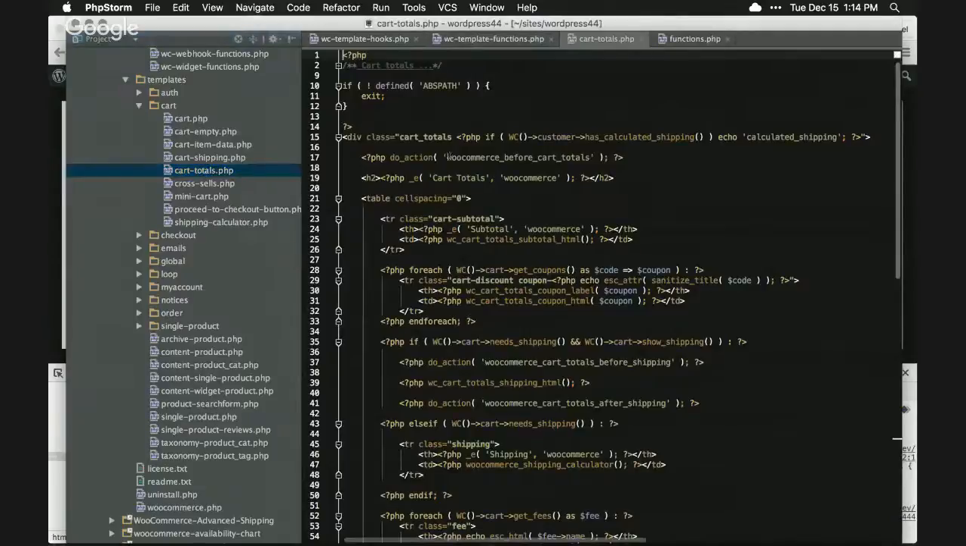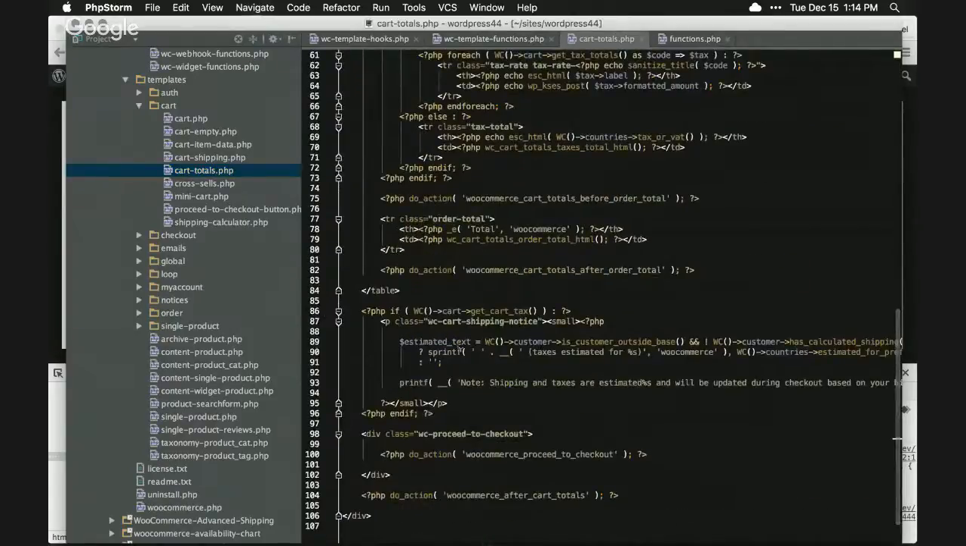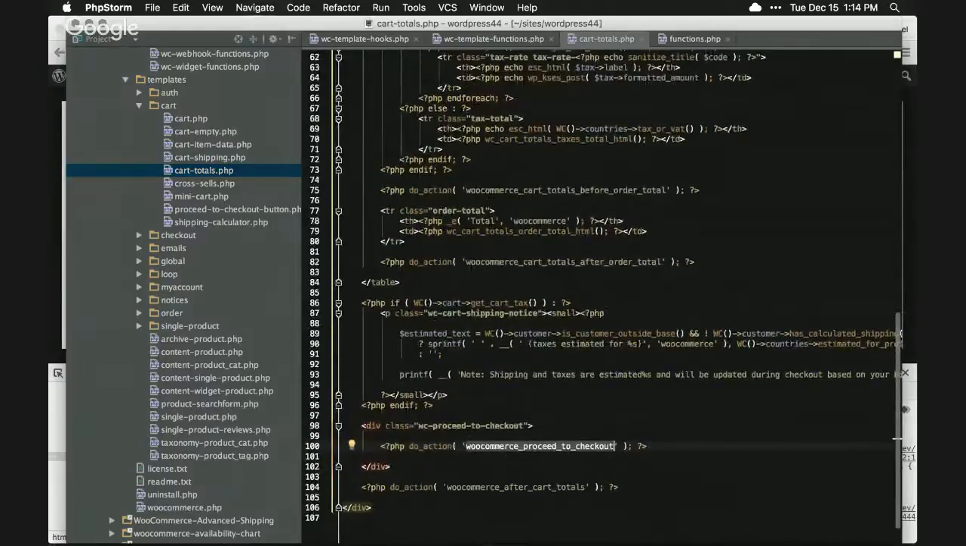totals. And here we see the same div for cart totals, the header that gets displayed, the table, and then the proceed to checkout button is actually right here. Do action, proceed to checkout. And there's another action for after that. So if we want to override this and pull out that table, but leave the proceed to checkout button, then